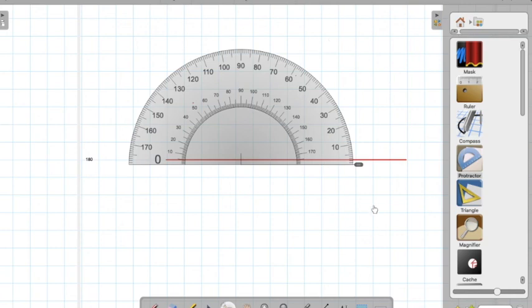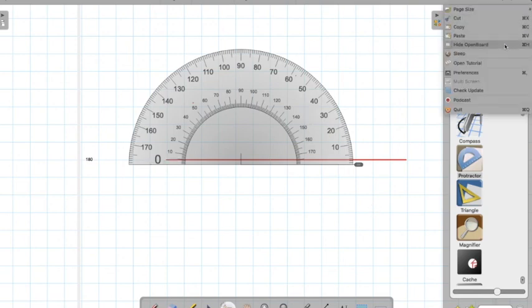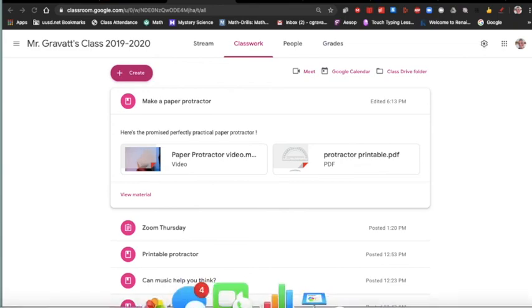I don't know how to shut it off. I see I have to hide the open board and then reach up here and then press